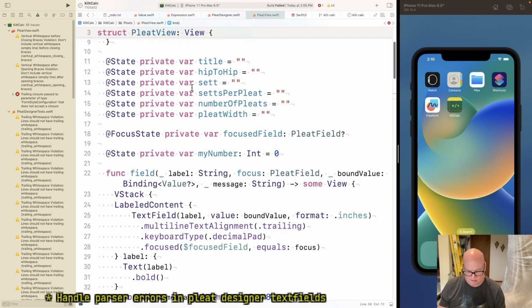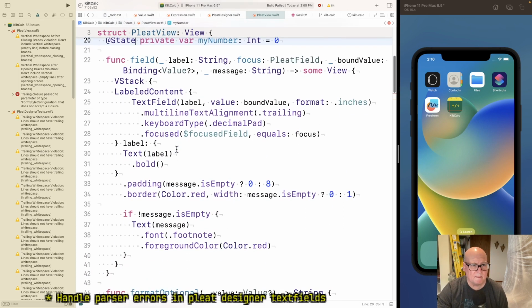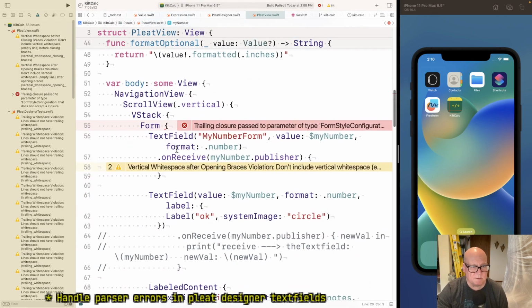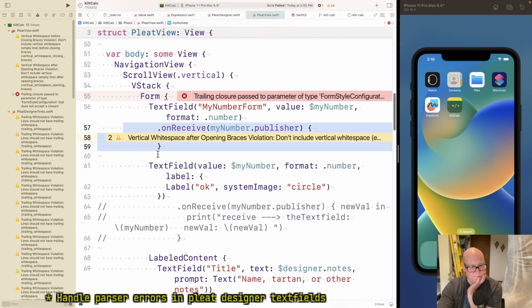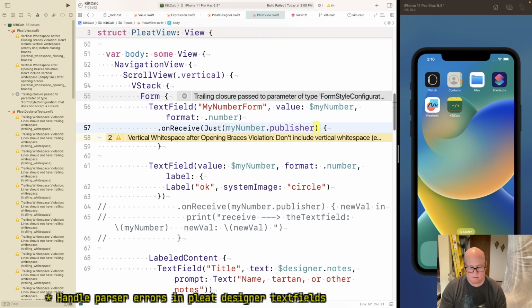And state object is the top level declaration. Okay, let's try. I want to try it on hip. If I just say just.